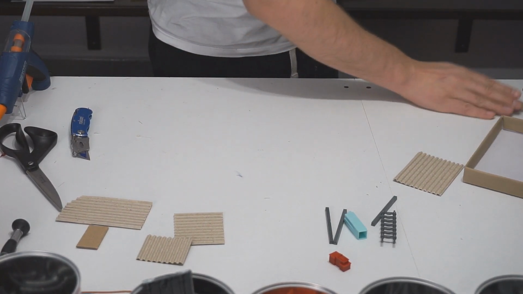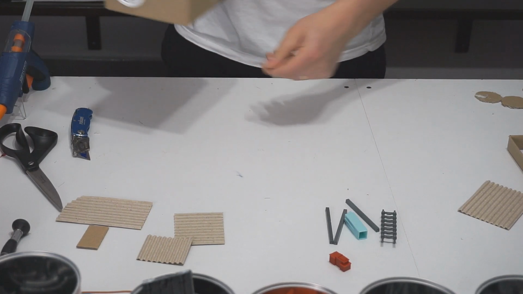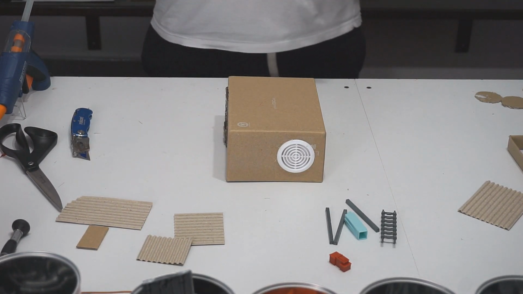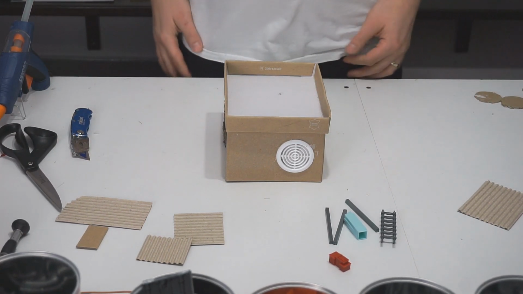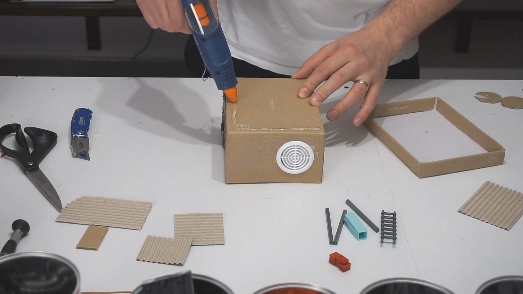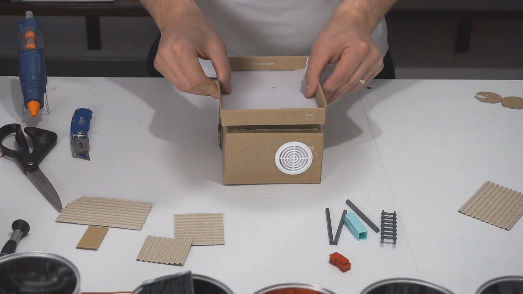Before that, let's clean the workshop desktop a little bit. We don't want to have any rubbish in there. So it looks already quite neat. The next step is going to be fastening the roof, and this is quite straightforward. Let's just put some glue on top, put the lid on the glue,